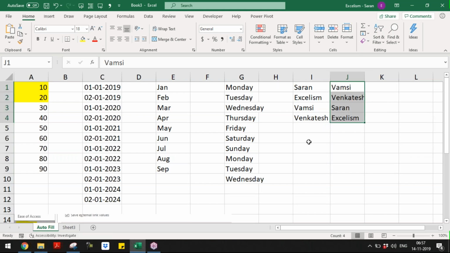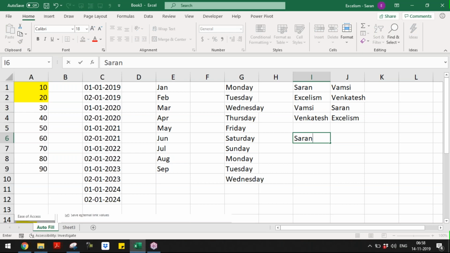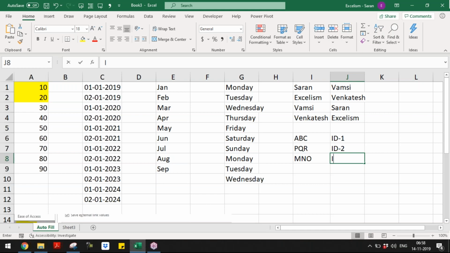For example, if I'm working with any company where I need to prepare a couple of reports, let's say suddenly I need to have all the employee names along with their employee ID, and along with their phone number and so on. If that is the case, it's very difficult. For example, let's say Sharon is there, or else let's put ABC. His ID is ID-1. Then PQR is ID-2, then MNO, then ID-3, then XYZ,